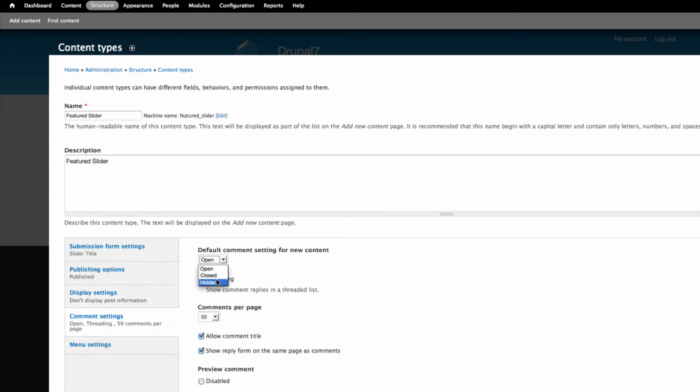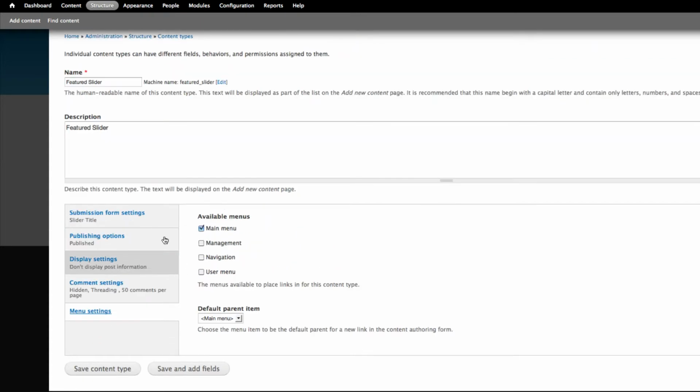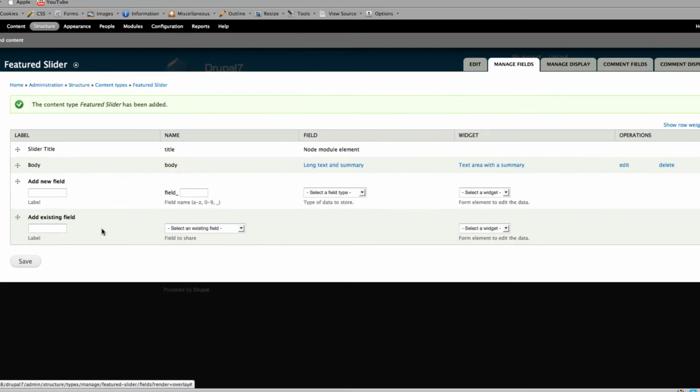Comment, we don't need comments, so hidden. Menu, we don't need a menu. If you want, you can leave it as it is. I don't want a menu for my slider, so just leave it unchecked. Save and add fields. Next, for my slider, I don't want this body field, so I just